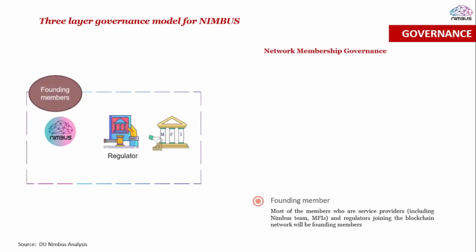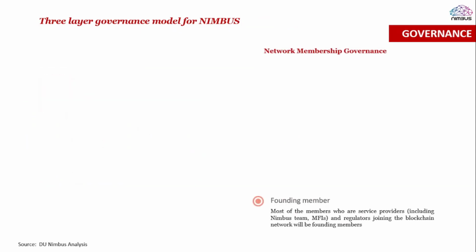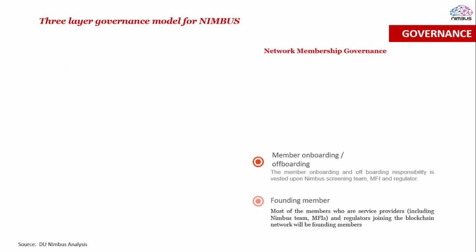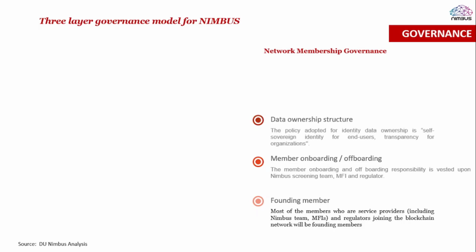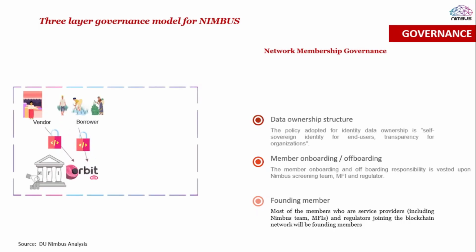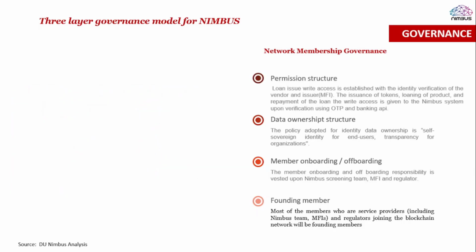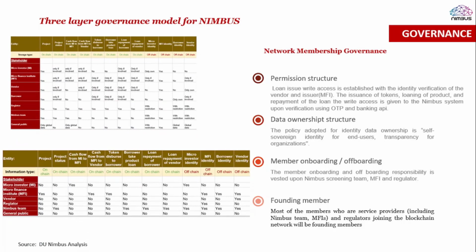By the nature of the solution, most of the members who are service providers like the Nimbus team, MFIs, and the regulators joining the blockchain network will be the founding members. The member onboarding and offboarding responsibility is vested upon Nimbus screening team, MFI, and regulator. For data ownership structure, all the user's identity info is encrypted in off-chain DB. Loan issue right access is established with the identity verification of the vendor and MFI, and the issuance of tokens, loans of product, and repayment of loans right access is given to Nimbus system upon verification using OTP and banking